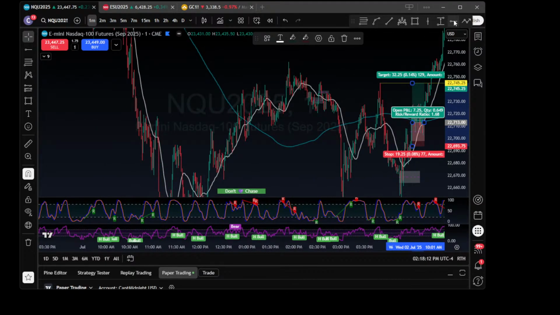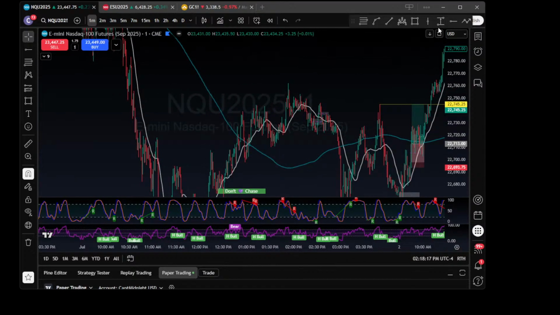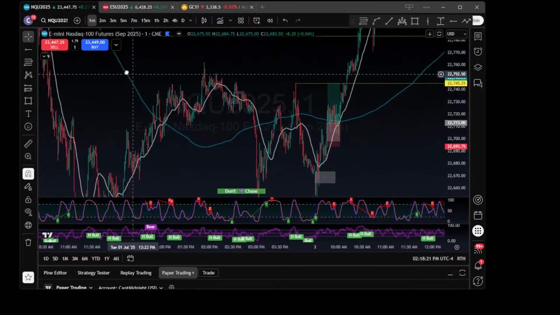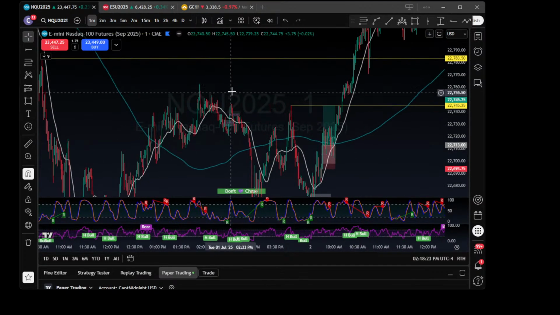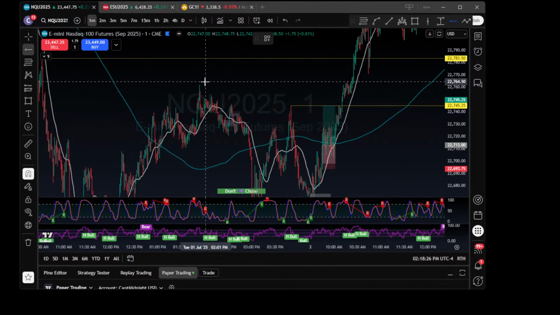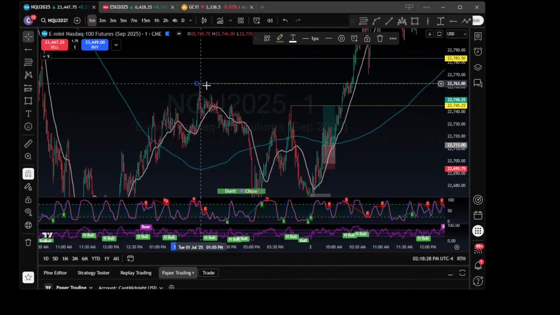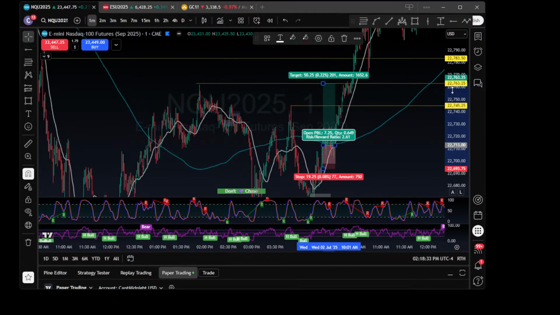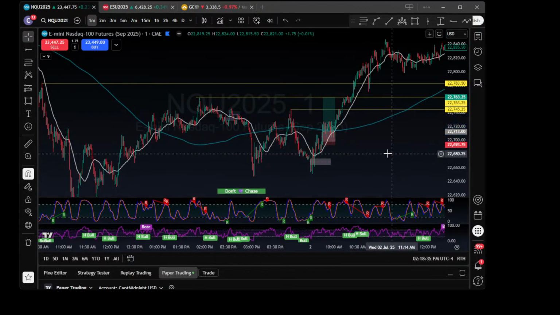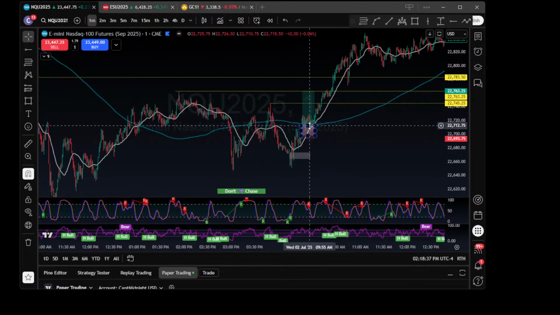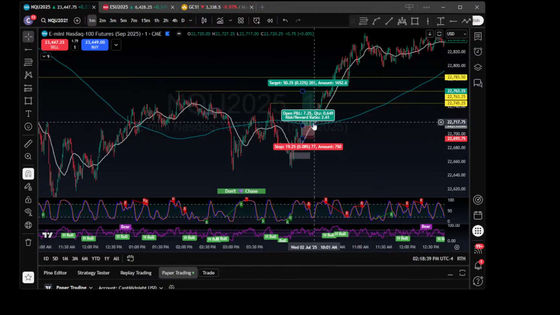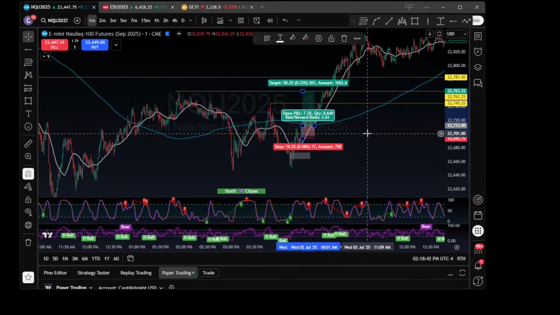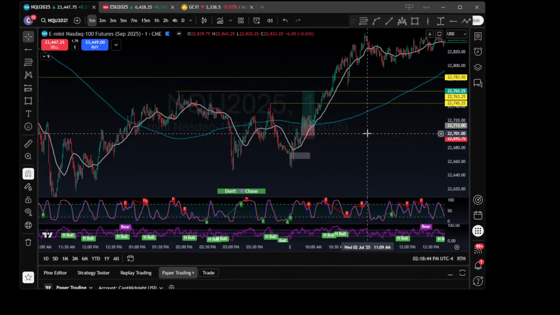There are some more to aim for. You can aim for this one, this one. Oh, that didn't make a line. So let's say this one here. That gives us the RR that we're looking for. But really, that looks like a big risk through here. 77 ticks. I mean, it works.